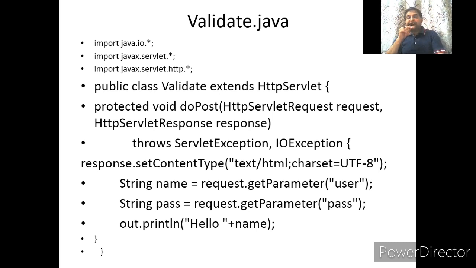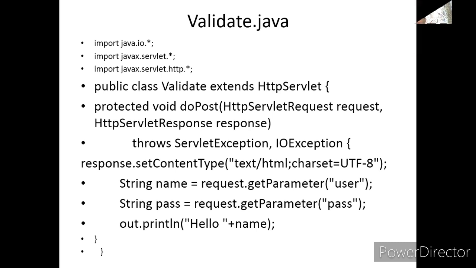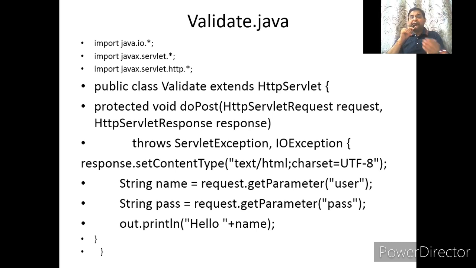In this line we are creating two objects, the request object and the response object. The request object is used in this page for user information, meaning whatever data the user sends to the server page, this request object will receive. And what is the role of the response object? The response object is responsible for sending data back to the user. This method throws two exceptions: one is IOException and the second one is ServletException.